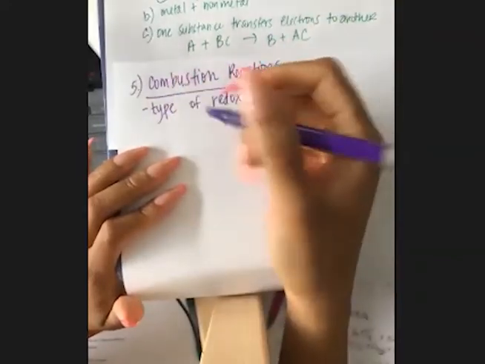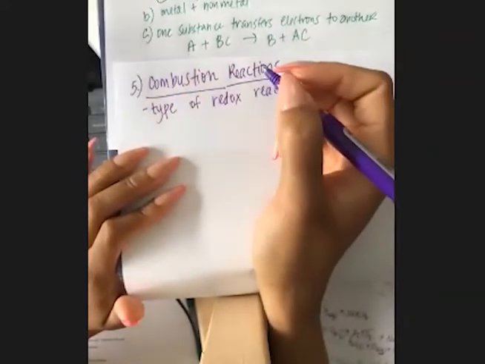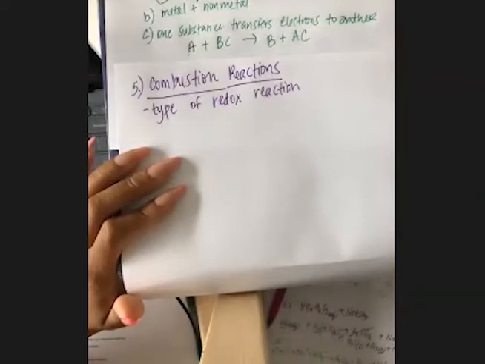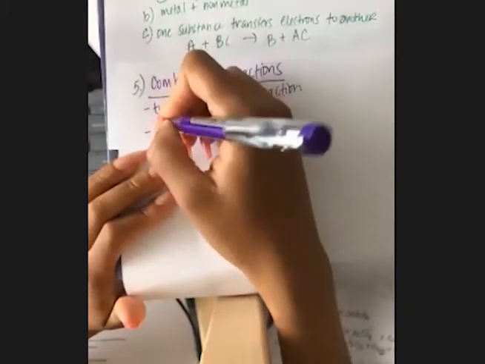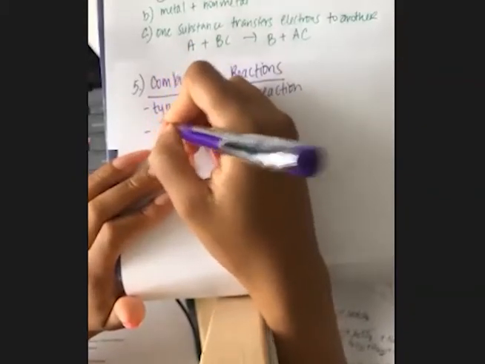And what happens is anytime you have a carbon containing or carbon hydrogen containing compound, when it reacts with elemental oxygen, it's going to emit heat. So we say it's an exothermic